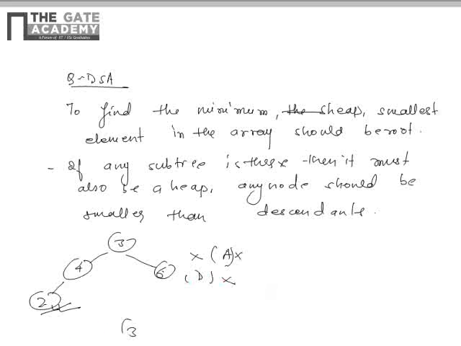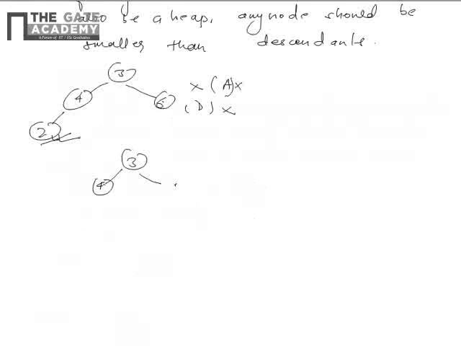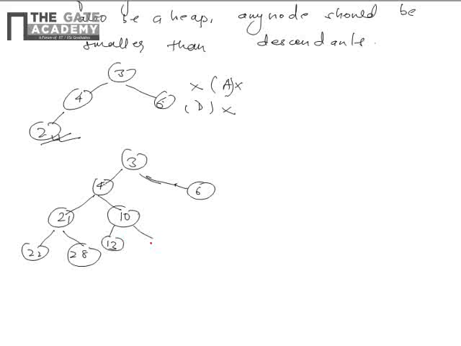So check for B. B is 3, 4, 6, then it is 21, 10, then 22, 28, then 13, then 9. First this will come 7 and 8, then this 22, 28, 13 and 9 will come, then 25 and 20. So this is okay, fine, the root is the smallest one, but can you check there is a mistake in a subtree? See, this is a subtree. The 9 is less than 10, so this should be the root, but this is not the case, so this can also not be a heap.